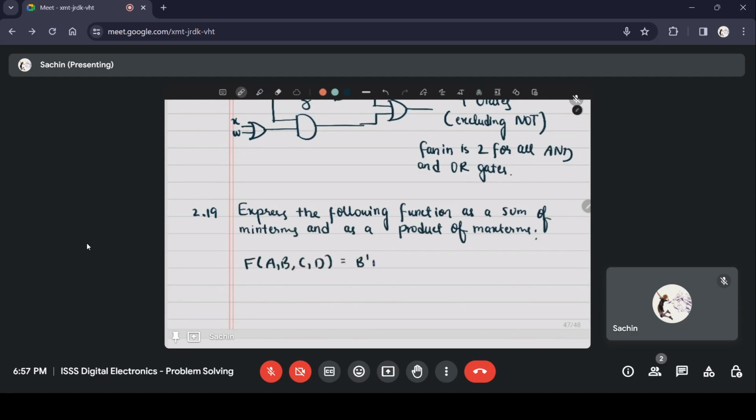F of a b c d is b prime d plus a prime d plus bd. Solution: